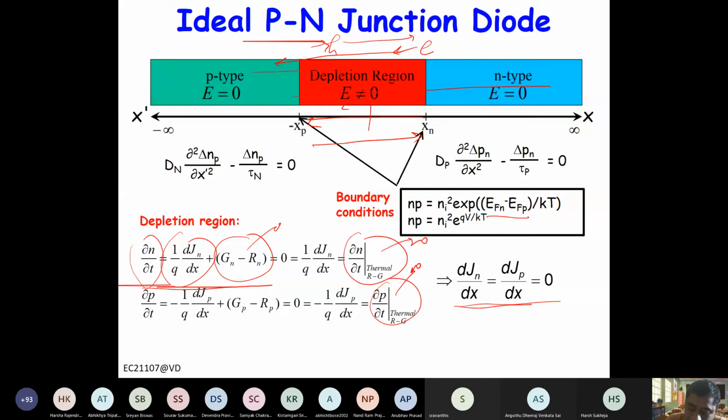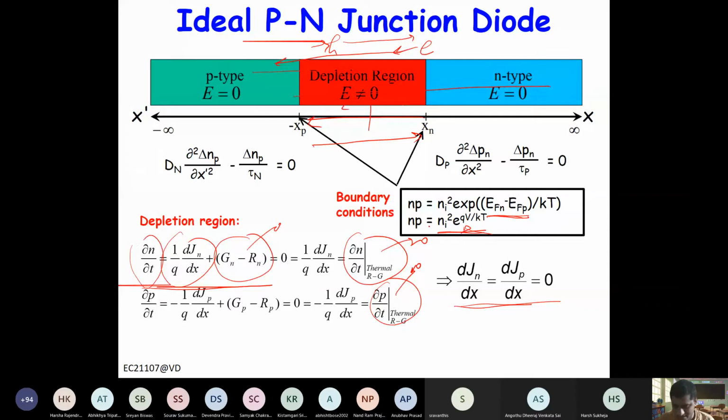So in reverse bias, this term will be a large negative, right? So this will almost be 0, right? In forward bias, this will be large, right? So it will be ni squared exponential of V applied by kT, because the difference is qV, right? So qV applied by kT. So for forward bias, and even for reverse bias, you can write ni squared exponential qV by kT. For forward bias, this V is positive. For reverse bias, this V is negative, right?